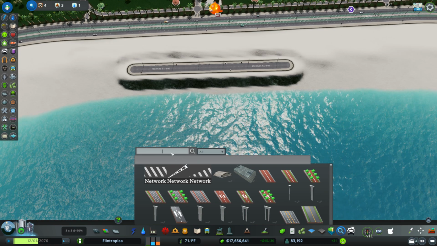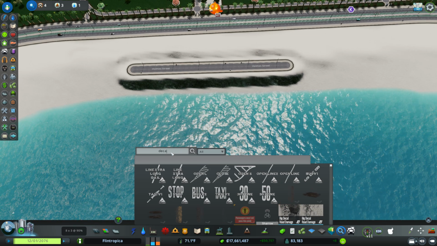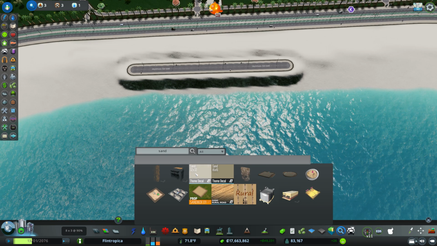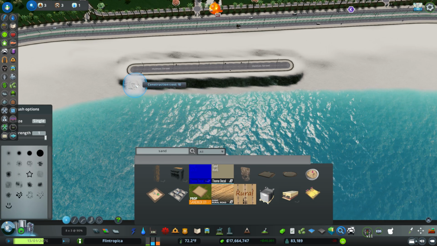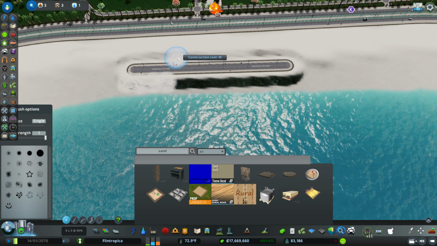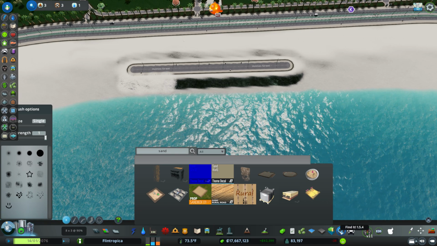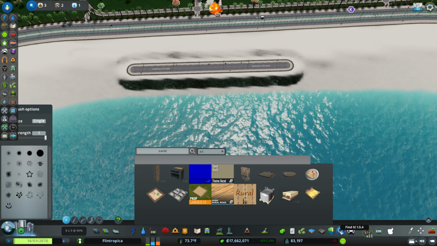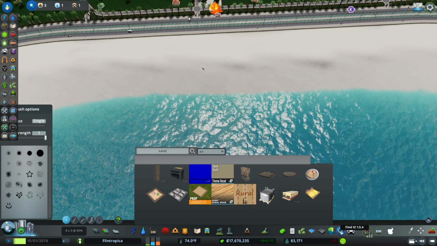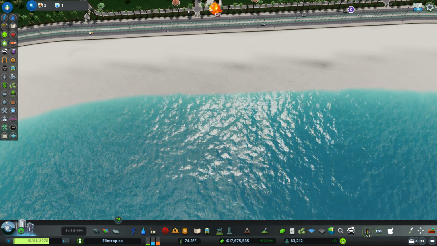One, we can put down decals. So there's a sand decal. Yep, this one here. So we could pop that down and try and cover that up. That's one option. But another option that I think is going to be easier, we'll undo that. Can I undo that? Yeah, okay. So the other option, what I think is going to be easier and cleaner,